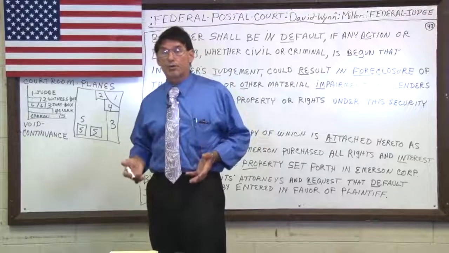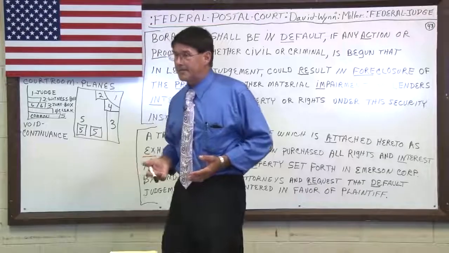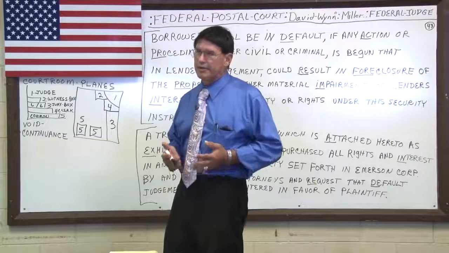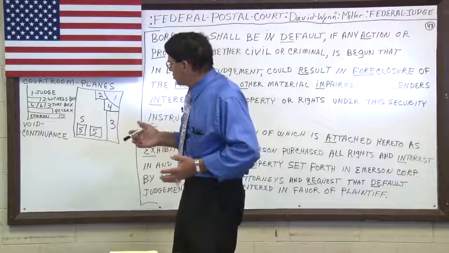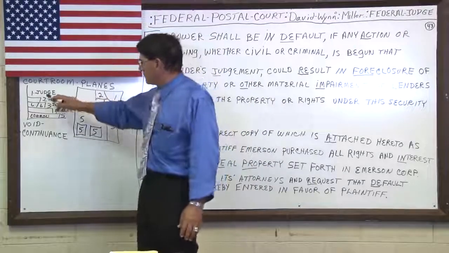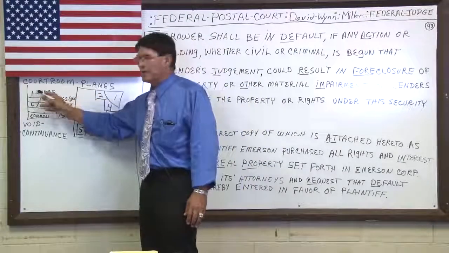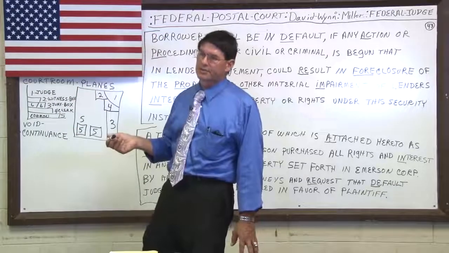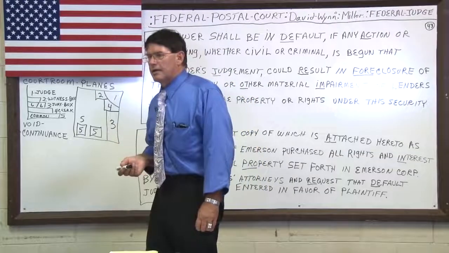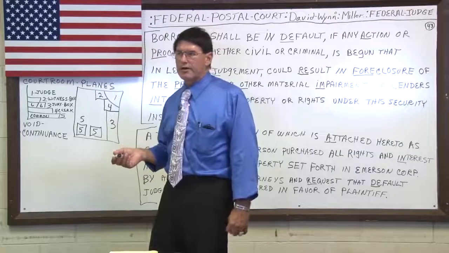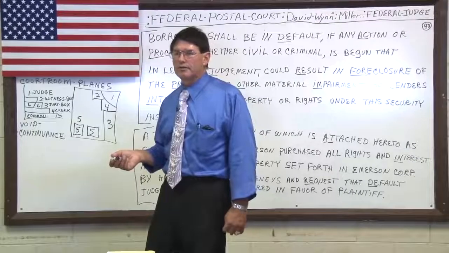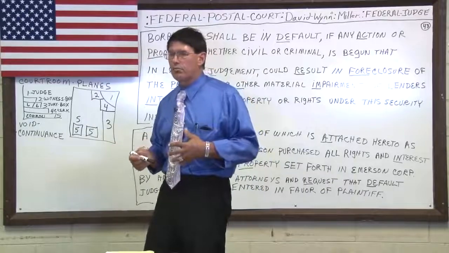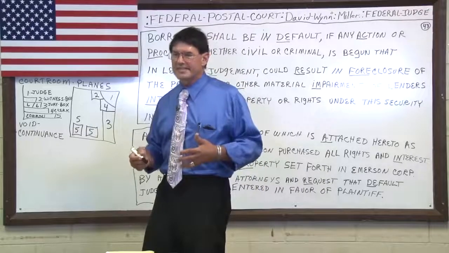But when you walk into a courtroom, you have 5 different planes that exist to break up the continuance of evidence within that courtroom. So what happens here is the judge puts himself on plane number 1, which is higher than anyone else in the courtroom. And the judge says, well, if you look under Federal Rules of Civil Procedure 44.1, it says that the judge is a foreign entity sitting in a foreign jurisdiction. And all human beings that come into the courtroom are foreign people or foreign vessels.